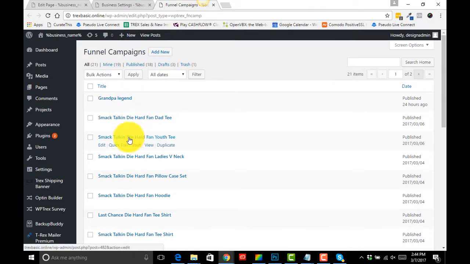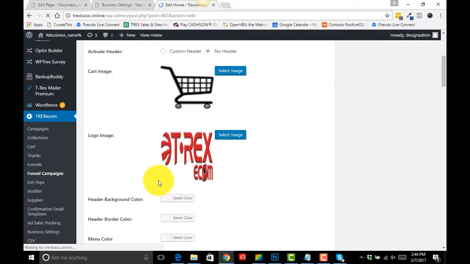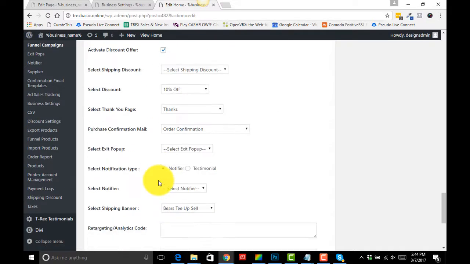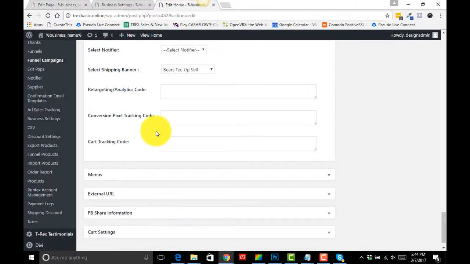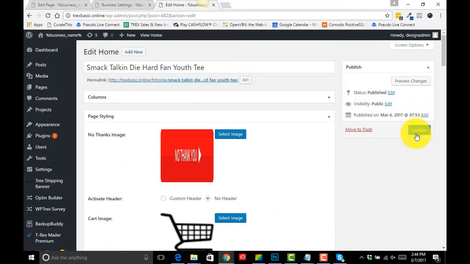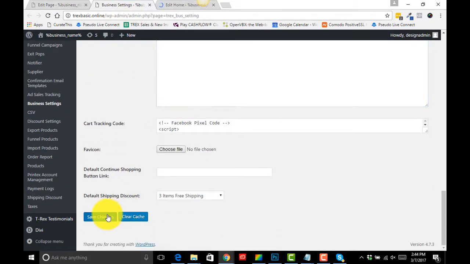Then I'm going to come across to the Youth Tee and edit the campaign settings on my very first upsell. Under page styling towards the bottom, we're going to put the conversion pixel in the retargeting field. Okay, important: the conversion pixel in the retargeting field. We're going to click update on there, and then come back and click update on our